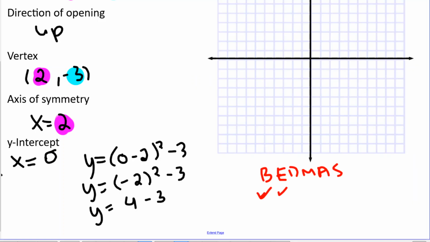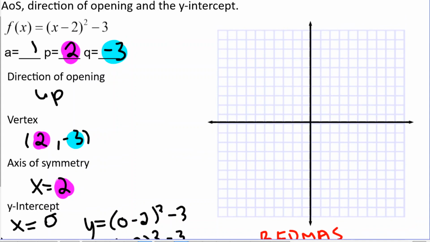So we get 4 minus 3. Last thing is to do our subtraction. And y equals 1. So that tells us that we have a corresponding point at 0, 1, which, because we chose that x value of 0, that's our y-intercept. So I can plot these points, 0, 1, 2, negative 3,